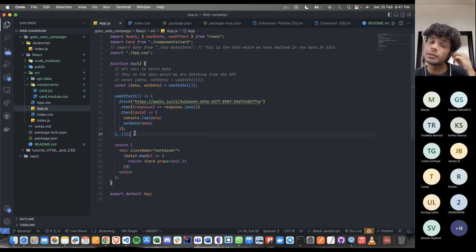तो कुछ भी कर सकते हैं यूज इफेक्ट से। अभी मैंने माउंटिंग किया है। माउंटिंग कैसे किया मैंने, मैंने यहाँ पे एम्प्टी अरे डाला है। एम्प्टी अरे का मतलब है भाई किसी पे डिपेंड नहीं करता, कोई डिपेंडेंसी नहीं है। डिपेंडेंसी का मतलब है कि अगर वो चीज चेंज होगी तो ये फंक्शन चलेगा। जैसे मान के चलो मैंने यहाँ डेटा डाला। अब ये यूज इफेक्ट कह रहा है कि भाई जब भी डेटा चेंज होगा, तब चलेगा।